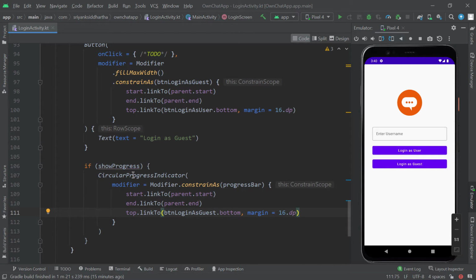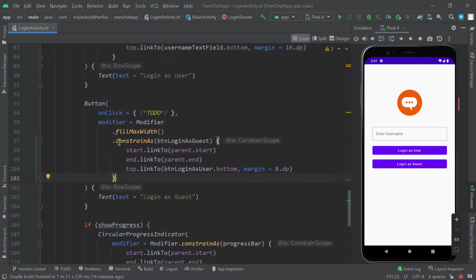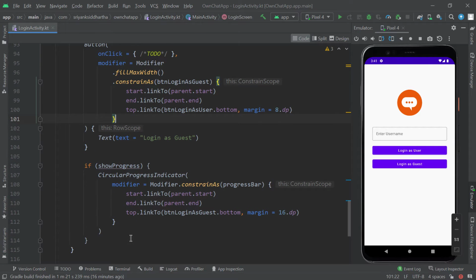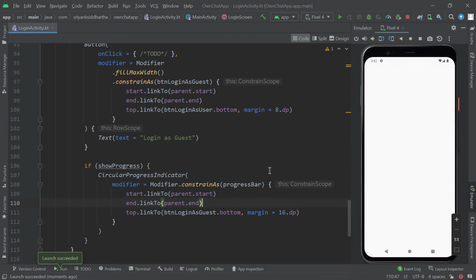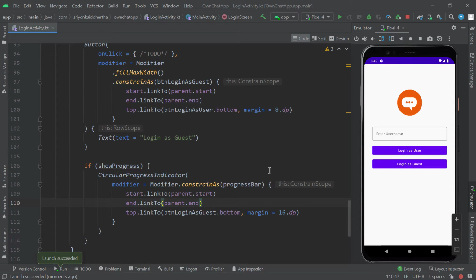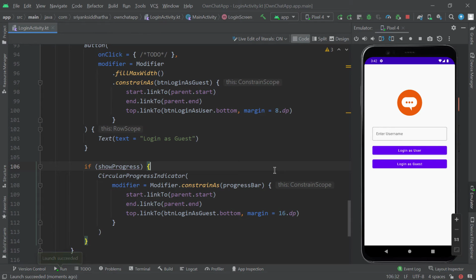Looks great for now. Okay, so let's do one thing. Let us run our application and let's see if we are able to get the desired login screen or not. So there we go, our application is up and running and we have got the exact same login screen as